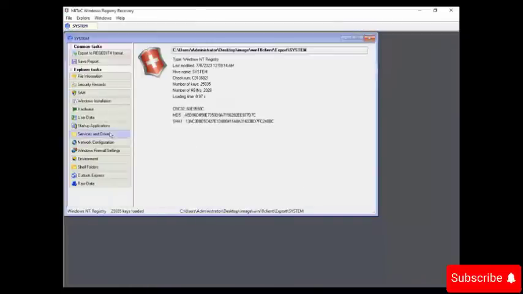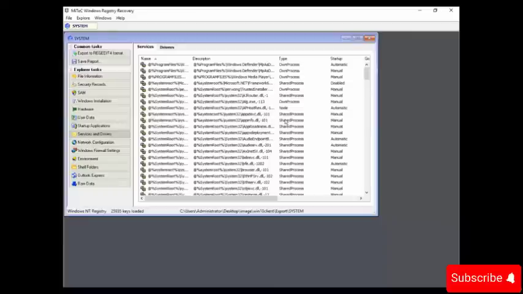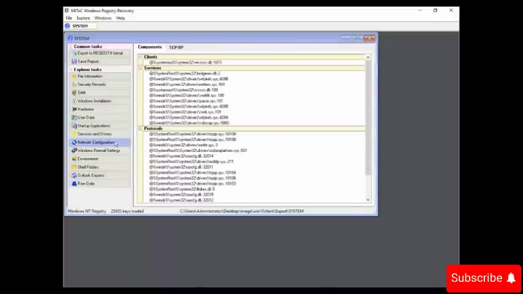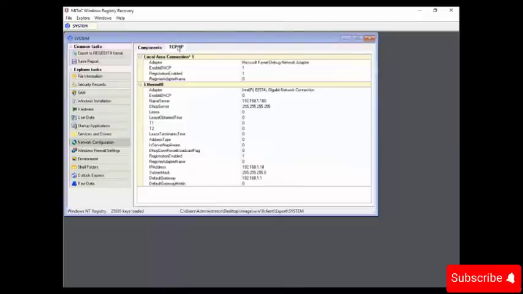and click on services and drivers, and you can see that these are the list of services which can turn on startup either automatic or manual way, and some services are disabled as well. So you will have a list of all the services available. So click on network configuration and then TCP IP. Okay, remember in the previous video I told you that we have received a notification that one of the system has been compromised. Okay, and this is the virtual machine which has been compromised, as you can verify with the IP address.